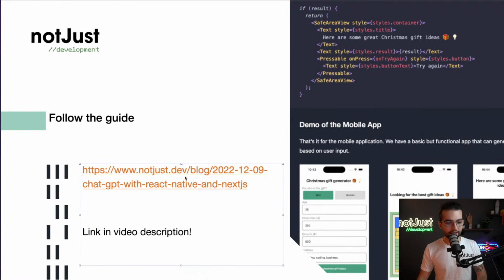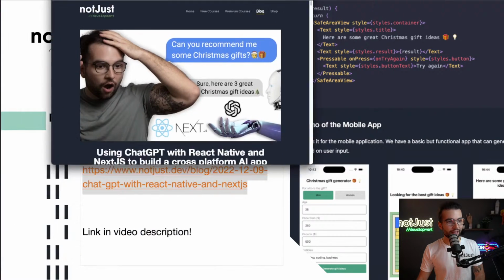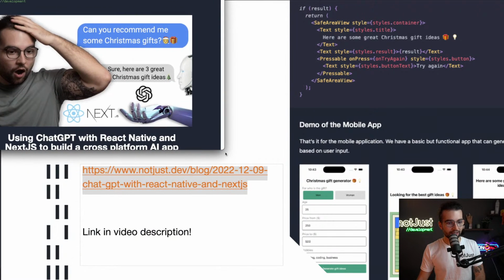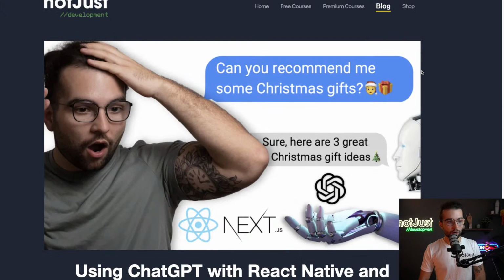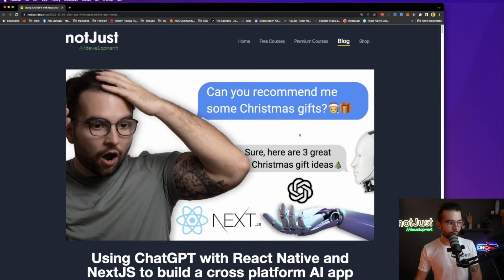So let me open it up, and there we have all the steps that we have to take to build our two applications, the mobile one and the web application. So I'm gonna put it like this,